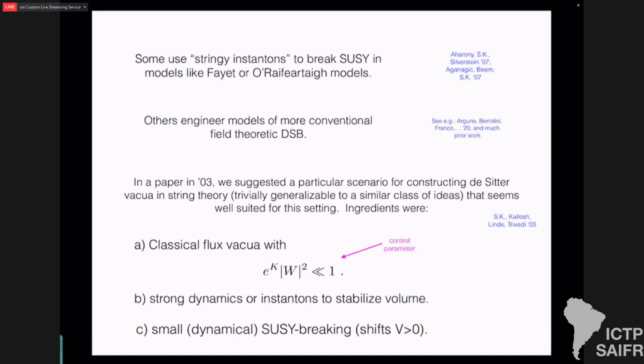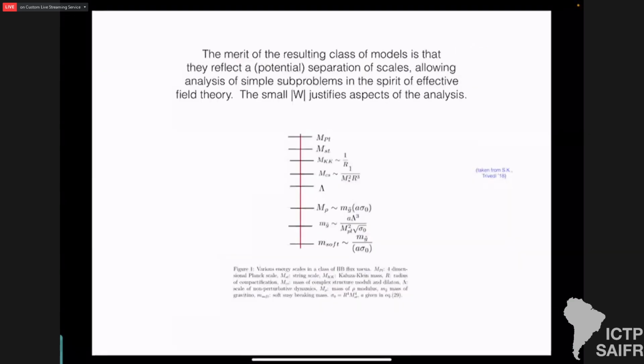It doesn't have to be small, but small is the best if you want a sub-stringy vacuum energy. And that should shift the potential at some minimum to be positive. Okay, so those are the basic ingredients in those scenarios. And the resulting class of models had the merit that there's a clear cartoon of the effective field